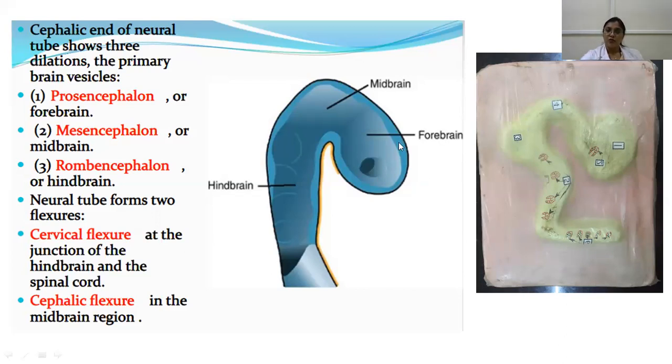So again here, the forebrain, midbrain, and hindbrain. These parts here. So what are the derivatives? The forebrain, what does it form? The midbrain, what comes from it, and then the hindbrain, what does it give rise to? The rest of the neural tube, what does it give rise to? It's the spinal cord. You can just go through all this. The forebrain is prosencephalon, the midbrain is mesencephalon, and the hindbrain is your rhombencephalon, with their derivatives.